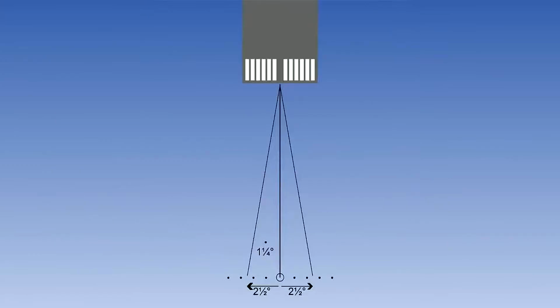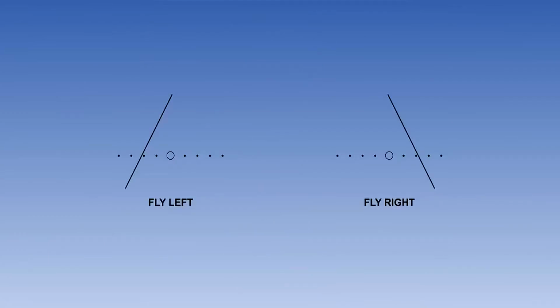When we look at the instrument landing system, which we will cover in more detail later, we see that each dot now represents 0.5 of a degree, as the aircraft is so close to the beacon. You must be within half-scale deflection, that is 1¼ degrees, to be considered as established on an approach procedure. The VOR needle is a command instrument. If the needle is to the right of center, you must fly right to get to that radial. If the needle is to the left, you must fly left to get to the radial.